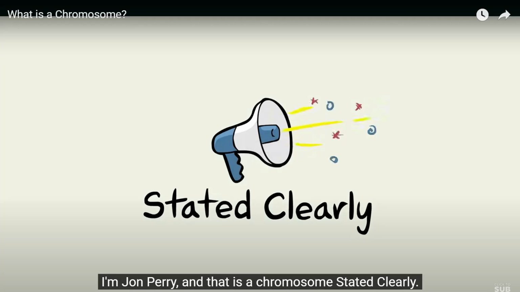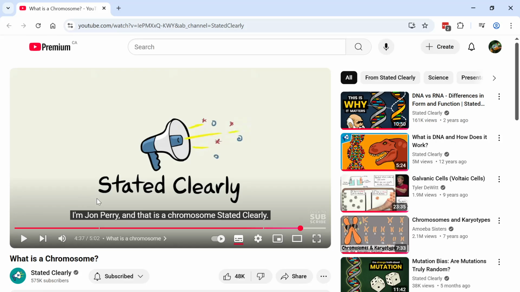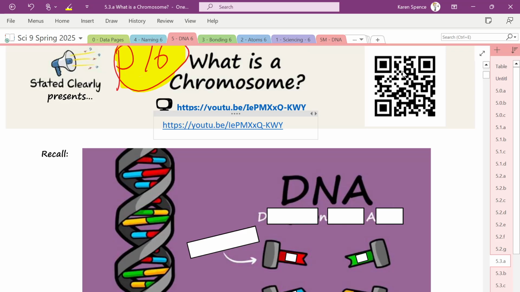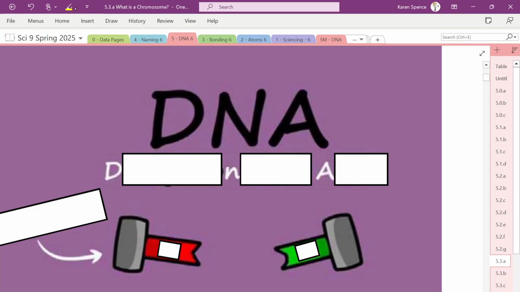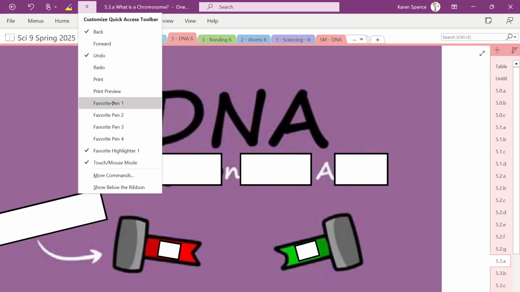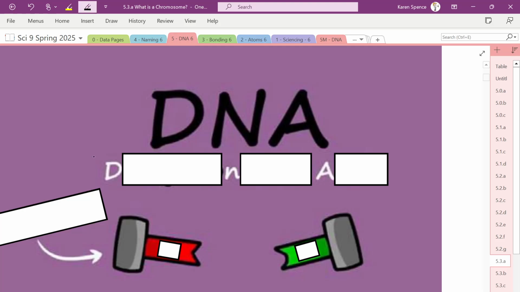Okay, so that's the overall picture of what a chromosome is. And we're going to go through some of this today. So back to page 76, if you've gone anywhere else. What does DNA stand for? Yes. And remember, you don't have to know that this is an enriched sort of a thing, but it